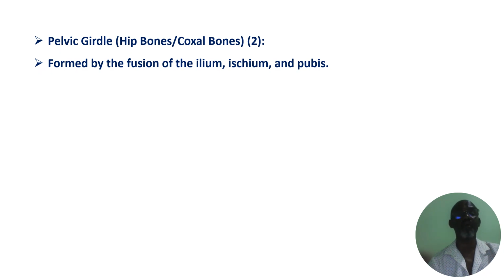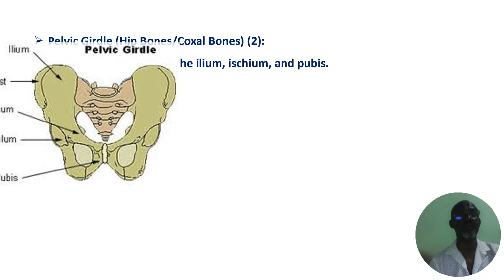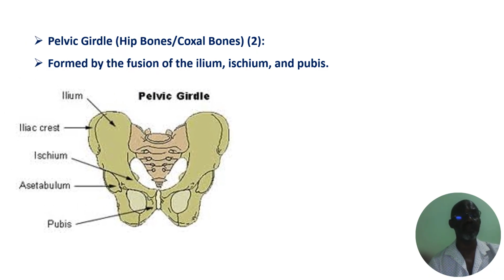This contains the hip bones or coxal bones, 2 in total, left and right. The coxal bones, or hip bones, in children are 3 separate bones which calcify and fuse to become one: ilium, ischium, and pubis. You can see it here. This is the most flat bone, the most top part.